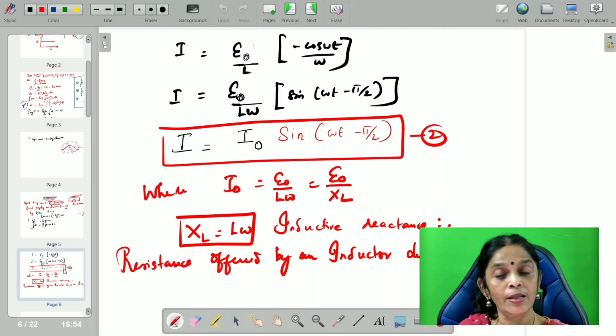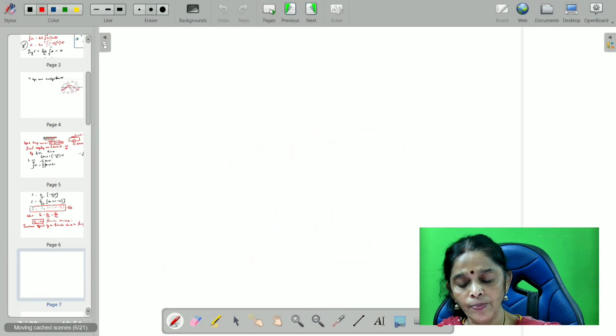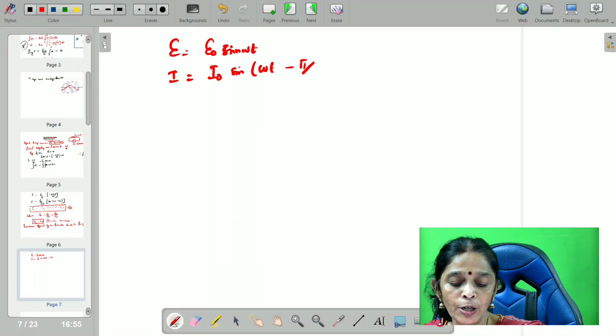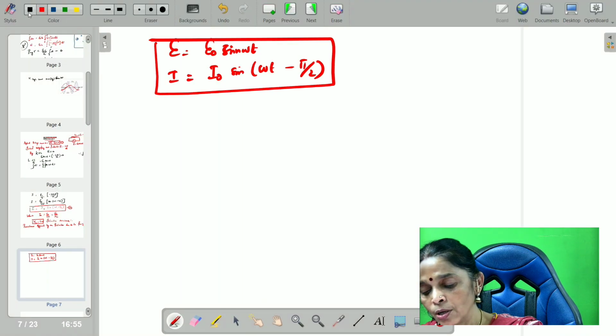Previously I have drawn the table, no? So in the same way we'll draw the table here. E is equal to E naught sin omega t, that is for the applied voltage. And what is the induced voltage developed across the inductor? That is I is equal to I naught sin (omega t minus pi by 2). So from this 1 and 2, we understand that